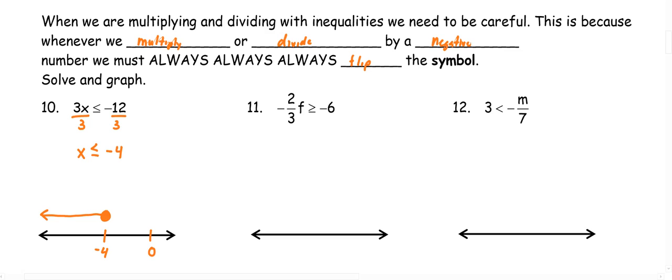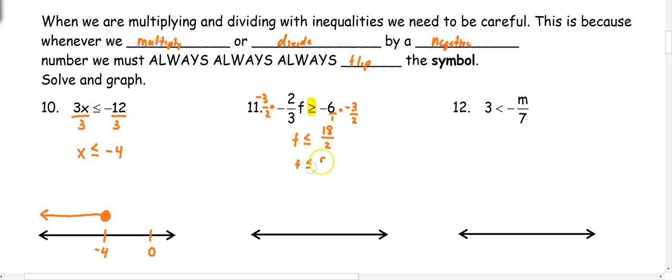Number 11, we have negative 2 over 3f is greater than or equal to negative 6. So in order to get rid of a fraction, remember we multiply by the reciprocal. So we're going to multiply by negative 3 over 2. Now, because we multiplied by a negative number, we need to flip our inequality sign. So when I rewrite my problem, it's now f is less than or equal to, and we can multiply. Negative 6 times 3 is 18. We can put a 1 underneath, so we have 18 over 2, which really means